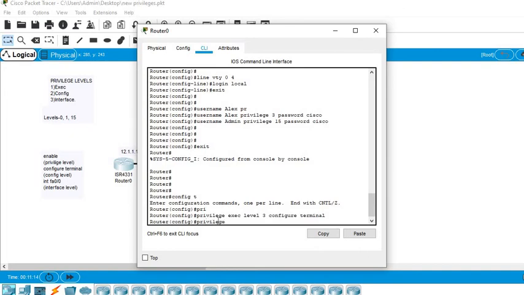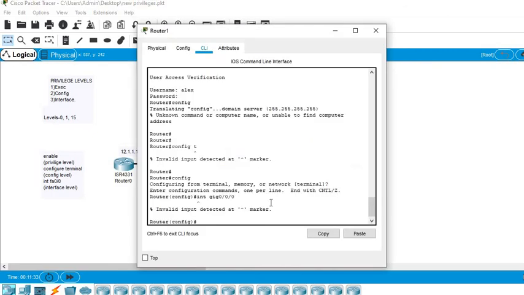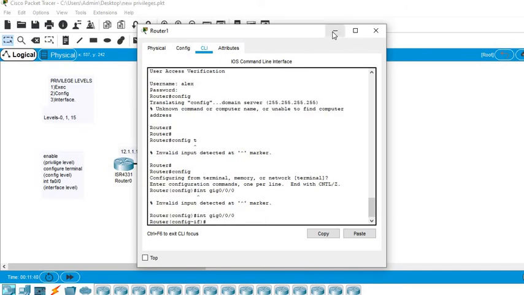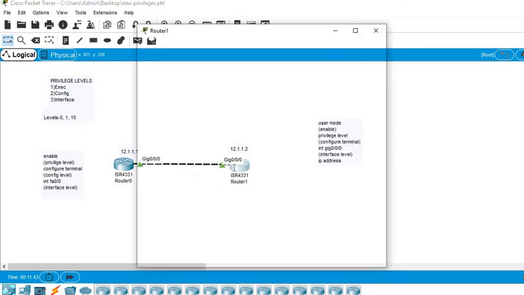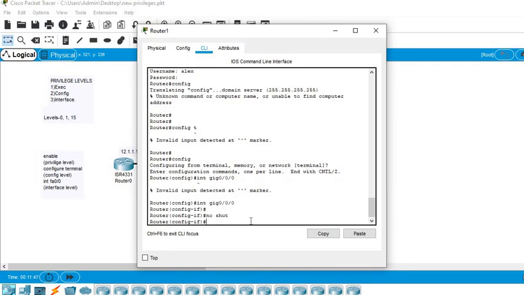So privilege configure level 3 for the person, and then I have to type the command interface gigabit 0/0/0. This is the way you have to individually type the command and allow the person. Now you can see the person can run that command. For example, let me check with the no shut command, which is obviously included in it. No shut I can use.